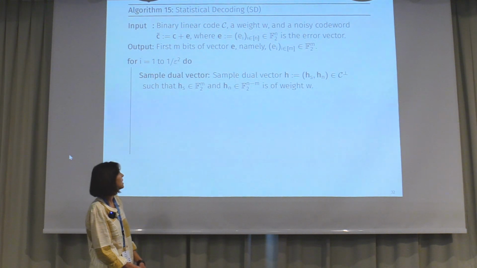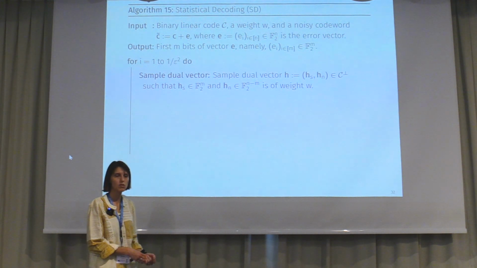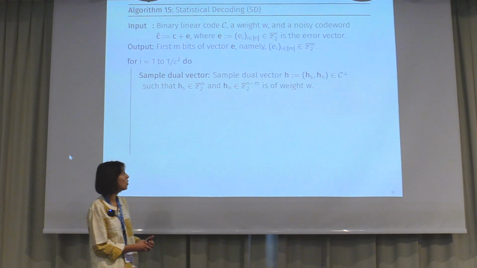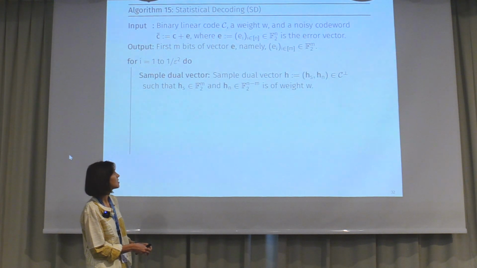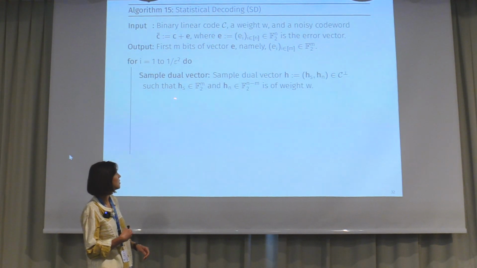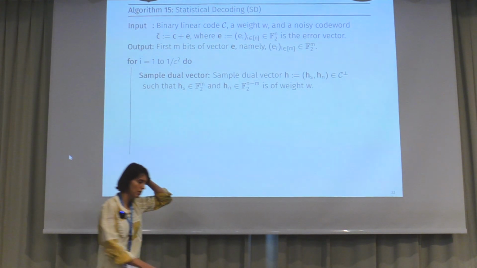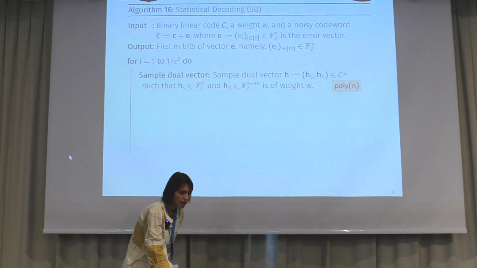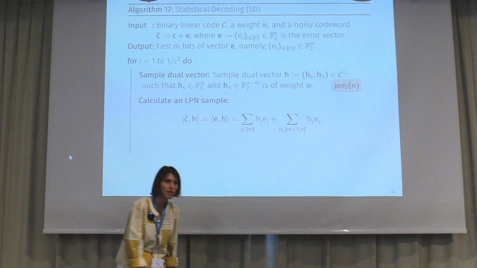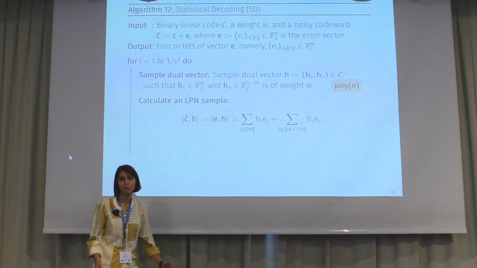And we start by sampling the dual vector, so H, that is of the weight w in this dual code, and we separate it into the first part, denote it by H_S. This comma means concatenation, and then we have H_N. So these are basically the first and the second parts of your dual vector. This can be done efficiently in polynomial time in n,